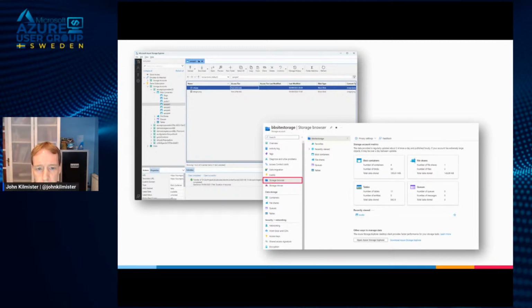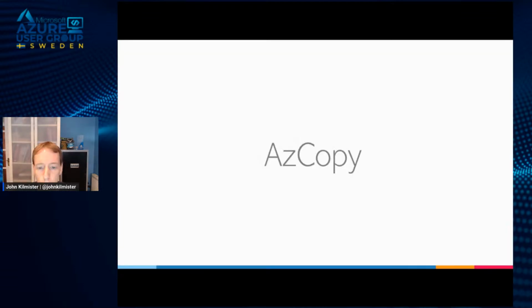But that's if we want to manage just handfuls of blobs. What if we're working with thousands upon thousands of files? Well, that's where the AzCopy tool comes in. Again, this is a cross-platform application. It's a CLI tool, so we would use it with a PowerShell or Bash scripting language. And it's really optimized for that parallel upload and working with large amounts of files at a high transaction rate.